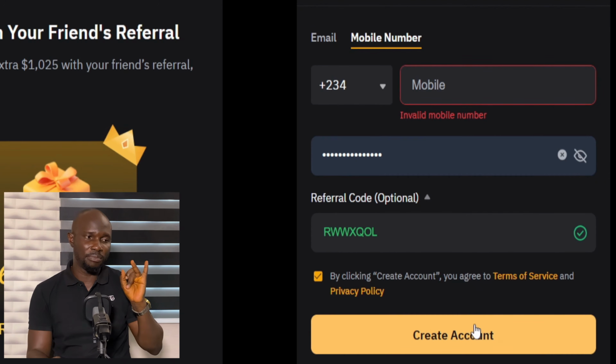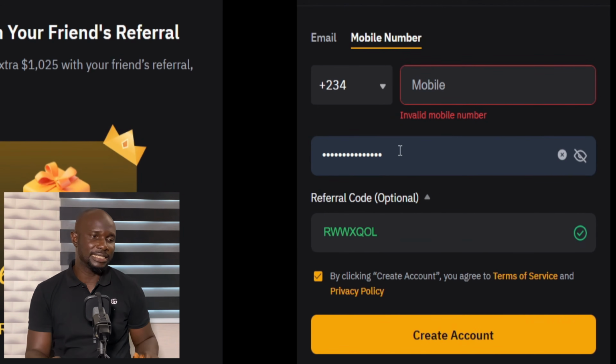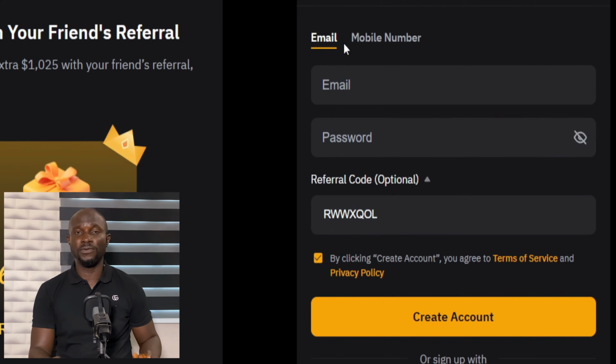That is the second method. The third method is to use one of these to sign up: your Google account, your Apple or Telegram. That's also easy. Now let me use email, but before I go further on this, before I use email to sign up,